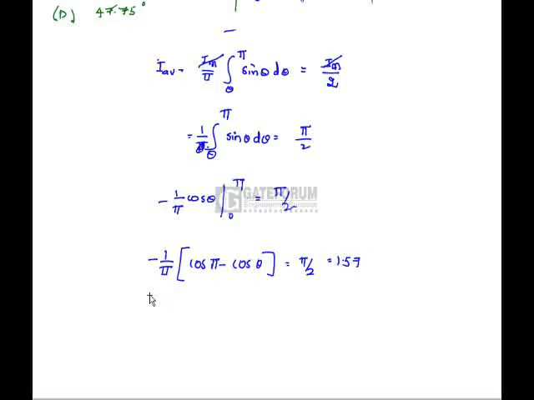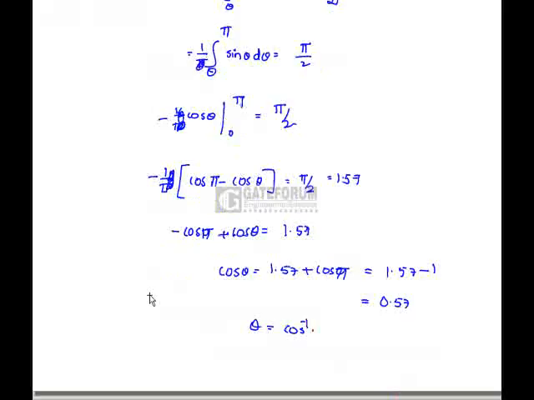So this pi is already shifted to here, hence there is no need of pi here. So minus cos pi plus cos theta equals 1.57. So cos theta is nothing but 1.57 plus cos pi, which is 1.57 minus 1, which equals 0.57. Theta is cos inverse of 0.57, which is nothing but 55.25 degrees. Hence